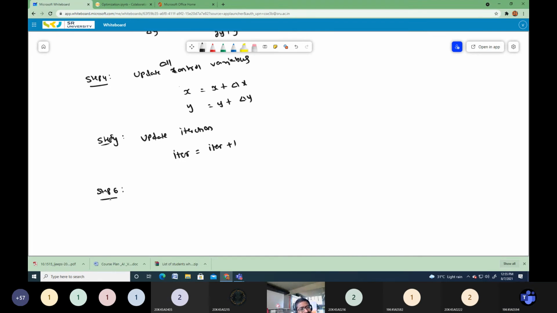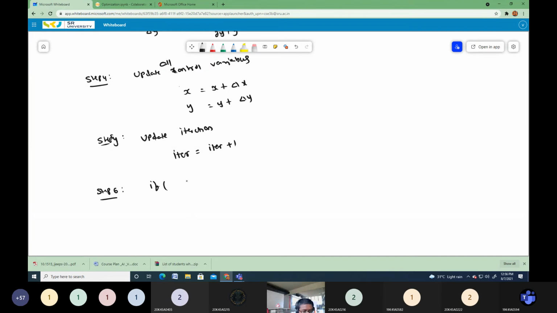No. That is directly correlated with your Python coding. It is pseudocode, called pseudocode. So after updating your iteration, what do you have to do? Check the condition. Perfect. That is called convergence criteria. Here my convergence criteria is whether I am reaching the maximum number of epochs that I defined initially or not.